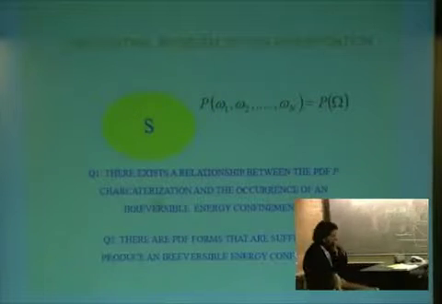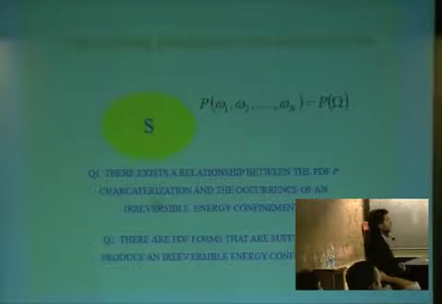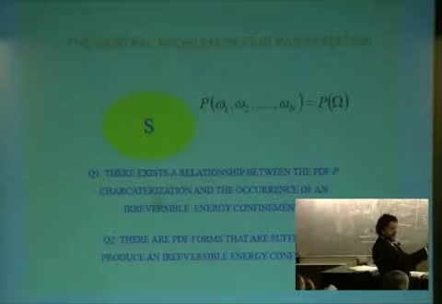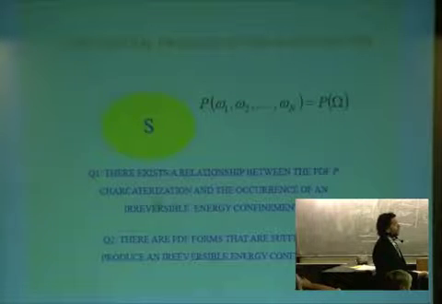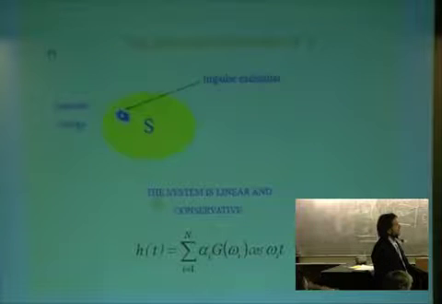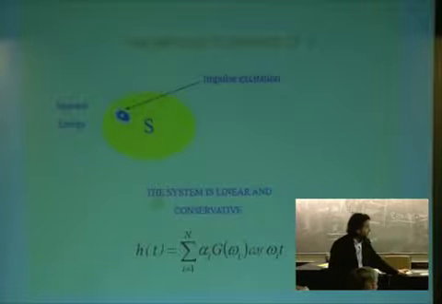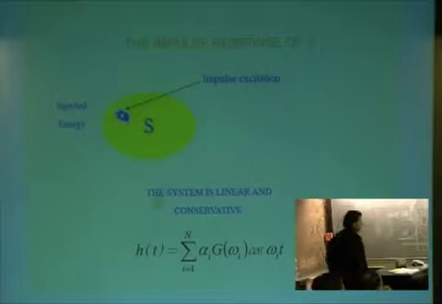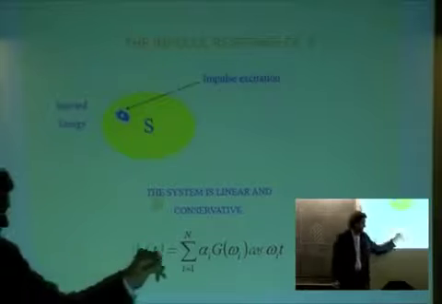So the question is, does there exist a relationship between the PDF that can lead to an irreversible energy confinement into the hidden variables? And the second question, are there PDF forms that are sufficient to produce an irreversible energy confinement? So we can discuss the problem in general, considering that it is exactly the same thing that we were doing before, that for a general system we can just write down